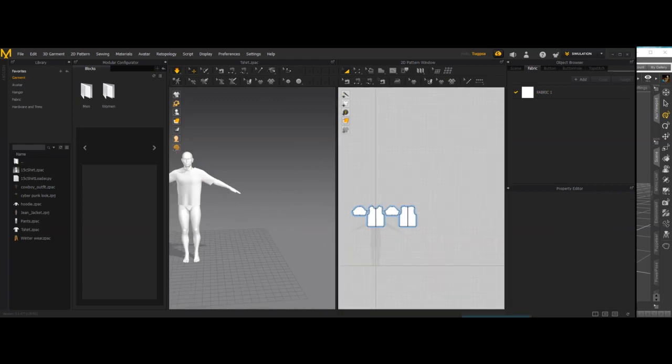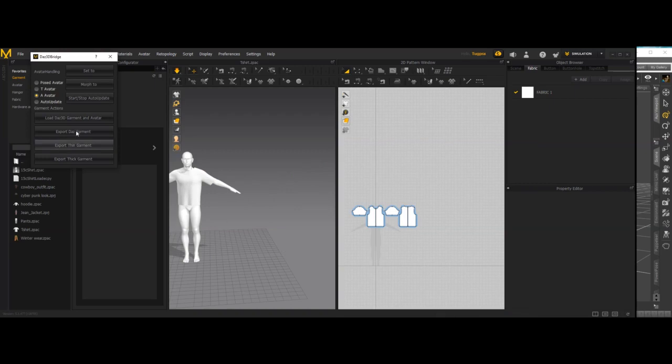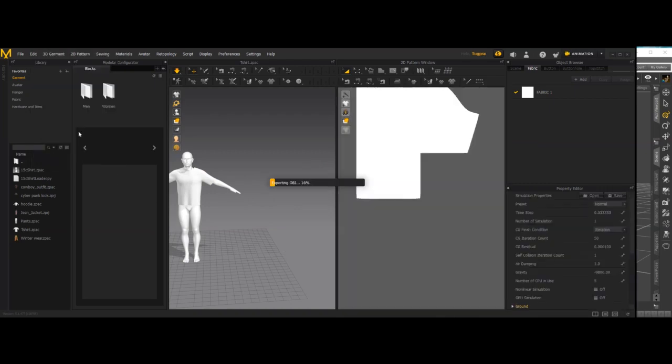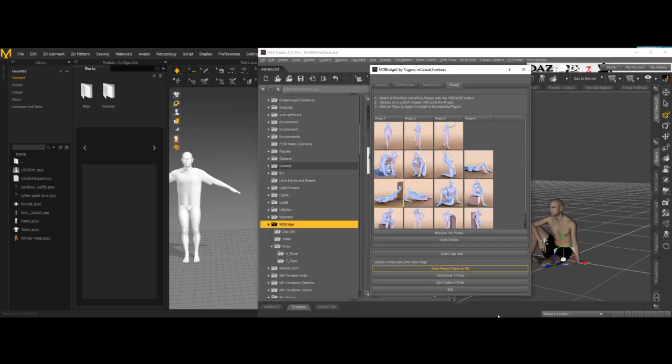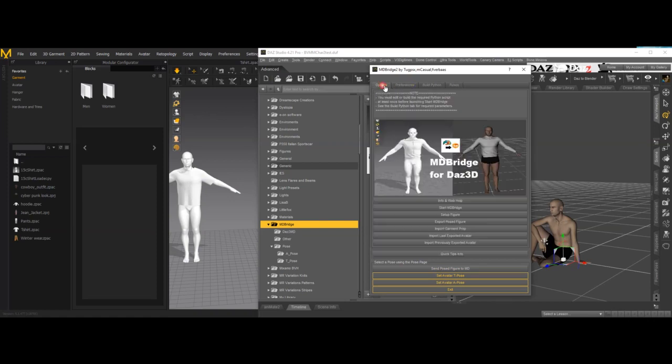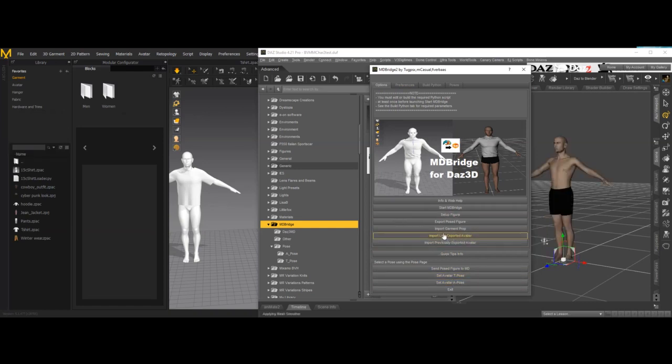So once you've got your clothing made, we're going to do export garment. In a few seconds, it will export it. There we go. That garment is exported. Now it's not automatically imported into Daz 3D because depending on the pose that you've got, obviously that clothing would not fit the guy that's sitting on the floor. So you'd have to go here and set your avatar back to its A pose. And now if we were to import the garment,